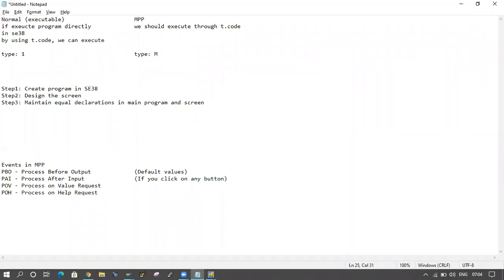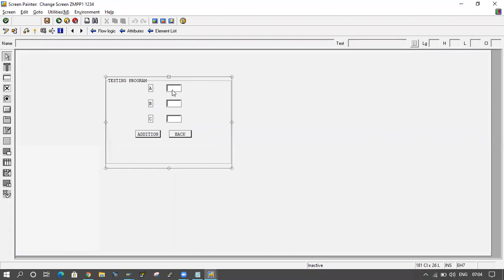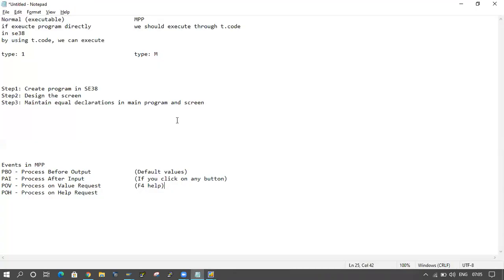Now POV. If you want to give any F4 help, a button is coming here. For example, just assume this is BUKRS, company code. I want to apply the search help, F4 help, for this one. At that time we have to go for at selection screen on value request.